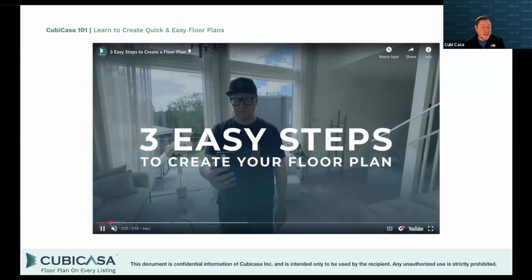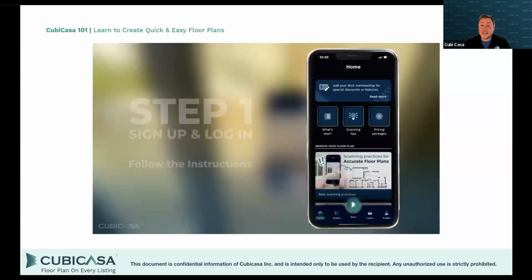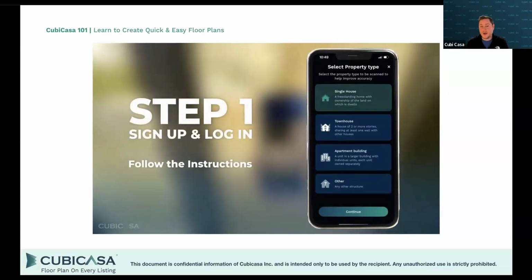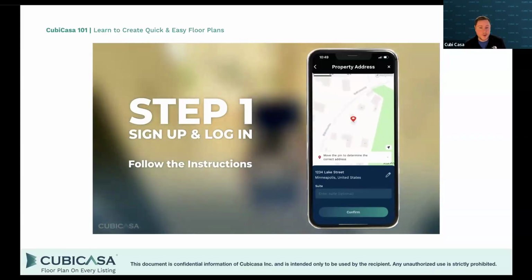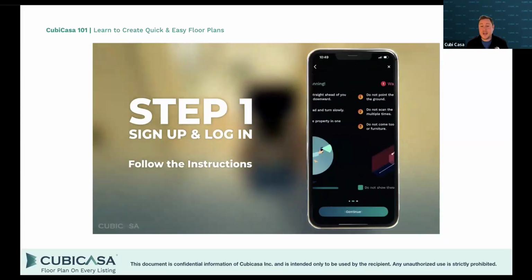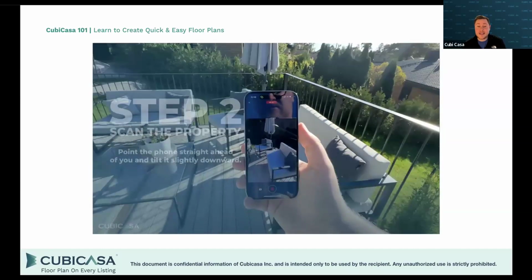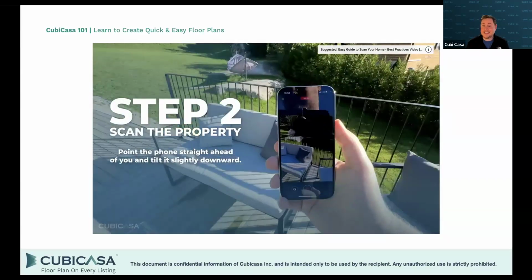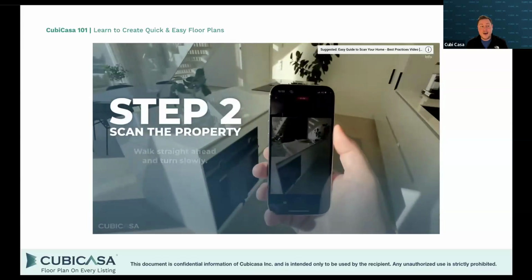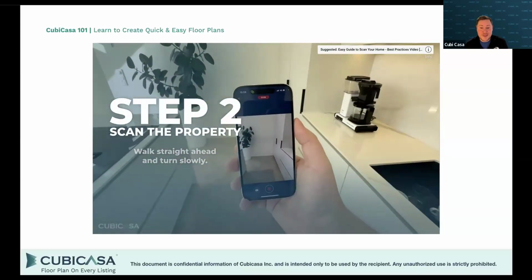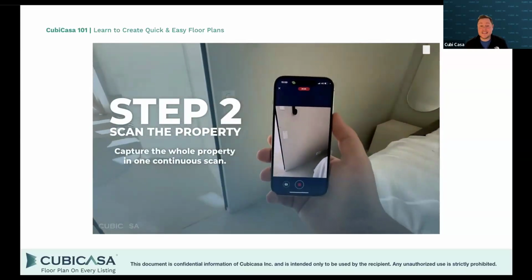So first up, when you click that Start Scan button, you'll select the property type: single family home, townhouse, apartment, condo. You can scan any type of property. You'll confirm the street address and review a few best practice scanning tips before you begin. From there, it will pull up that camera type view that I mentioned, and you're ready to begin scanning